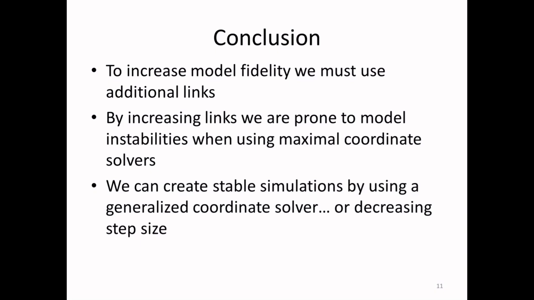However, it's just not there yet, and the only way around this is by creating multiple links. But when we increase links, we're prone to model instabilities when using maximal coordinate solvers such as the default ODE. Now, we can create stable simulations by using a generalized coordinate solver such as DART,